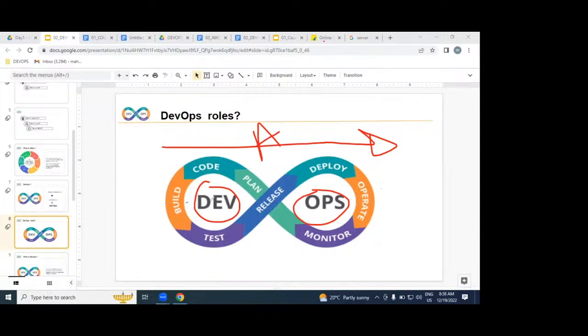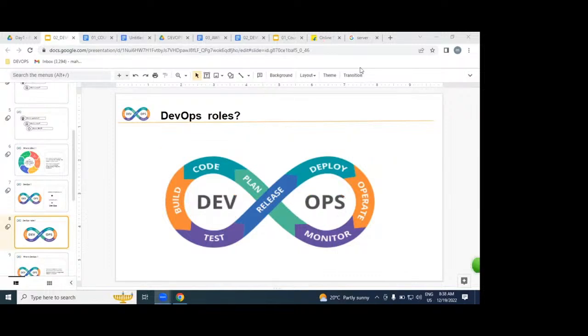For example, developers are writing the lines of code, the software. The software is going to move into a production environment with an automated process. That automated process is going to be created by DevOps. That is the only role we are going to be playing in SDLC. Developers write code, testers write test cases, DB administrators and AWS administrators do their work. All the people together complete our SDLC process. On top of the SDLC process, as a DevOps engineer, we are going to be implementing an automated process.